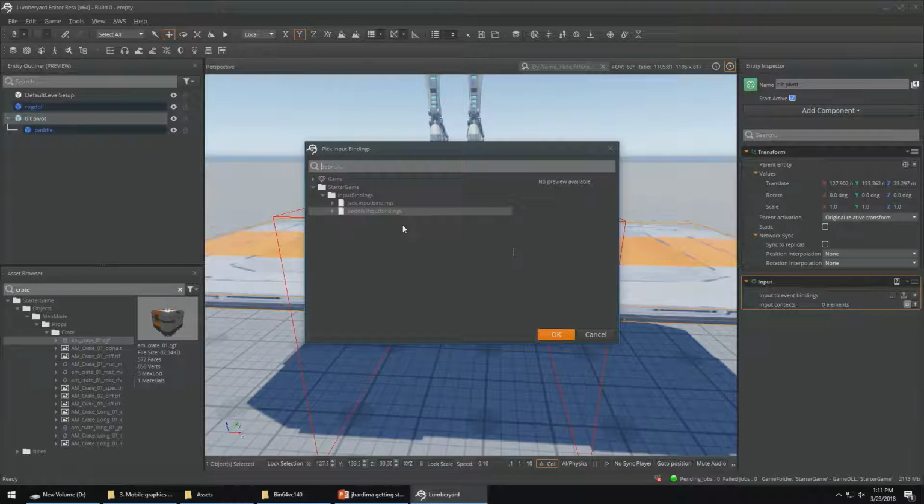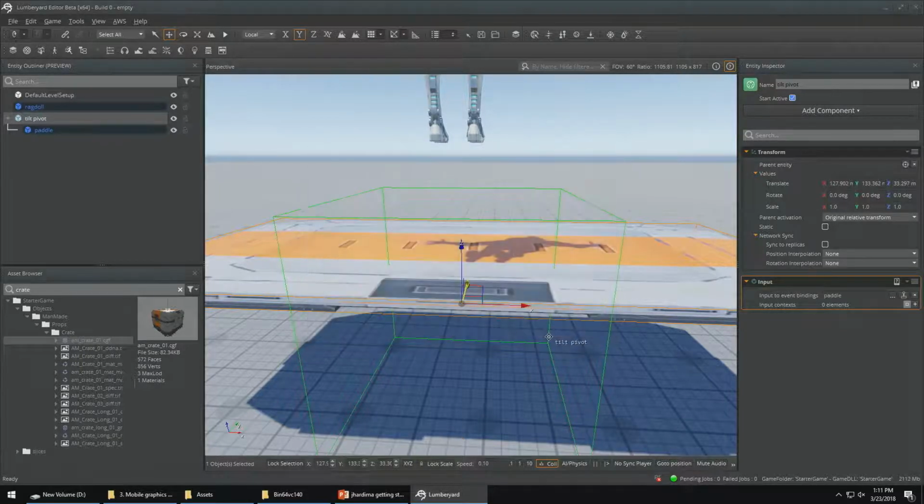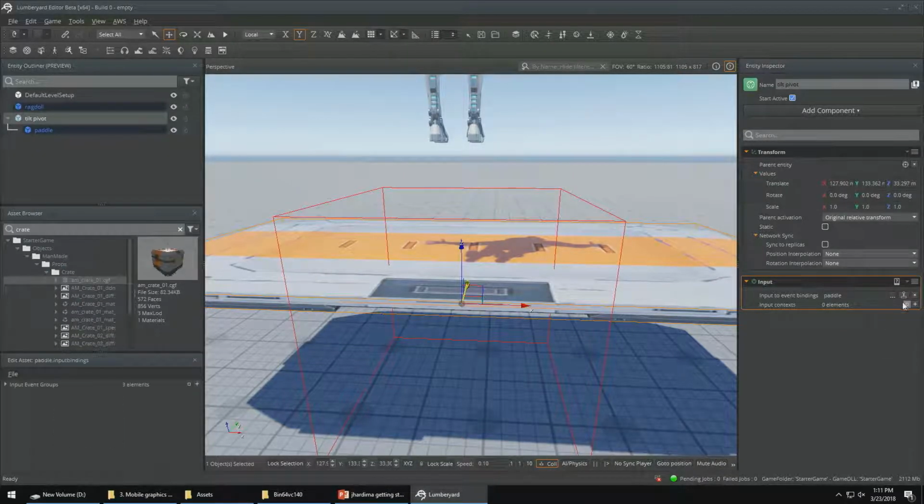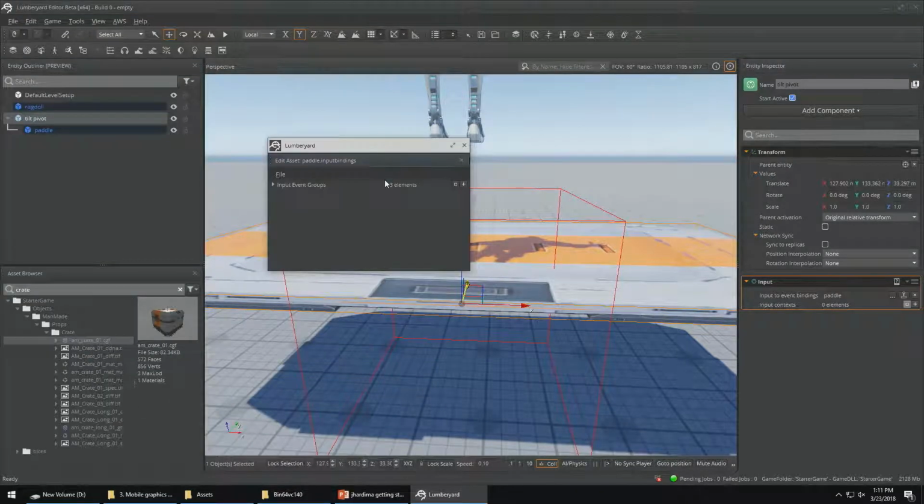So here I've already pre-generated my paddle input bindings. I'm just gonna assign that. We're gonna open the editor and I'll give you a quick preview of what that looks like. All right, so this is our input binding file. I've got 3 high-level input events. I've got tilt up, down, move left, right, and this one I'm not going to use in this demo, but